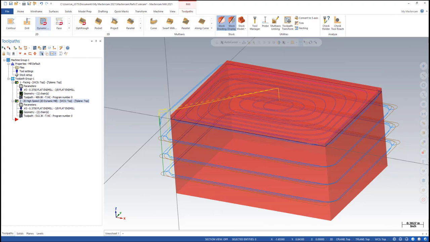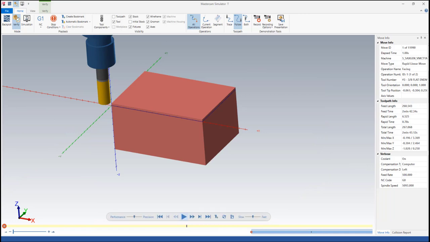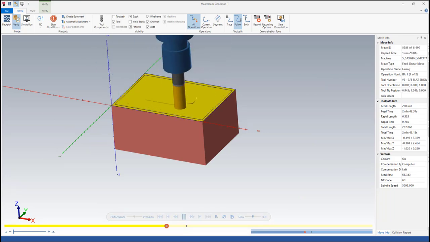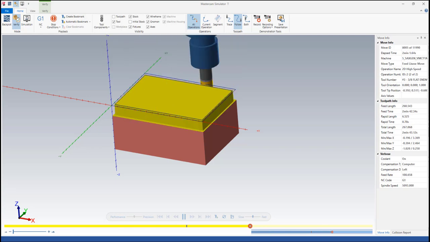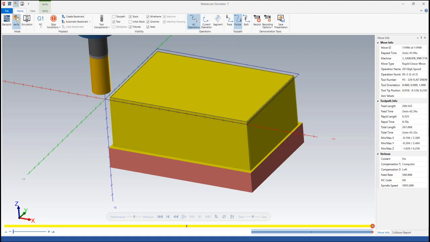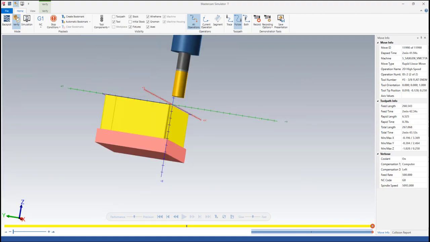We select both because we want to watch both operations, and then we can go to solid verify again, and we can watch it run both operations, so what we've programmed so far. So there it does the facing, it does the finishing on the facing, and then it comes and it cuts the sides. And there we go. So getting pretty close, but as you can see, kind of,